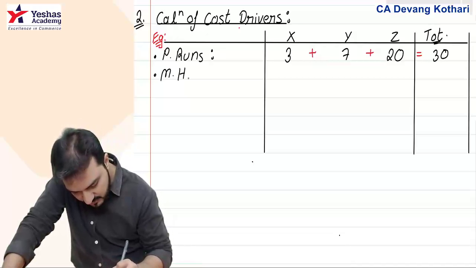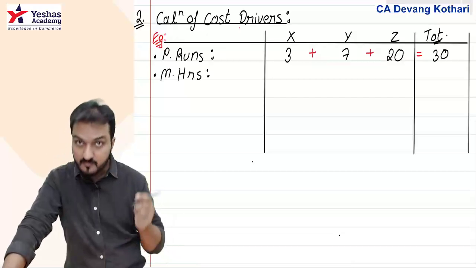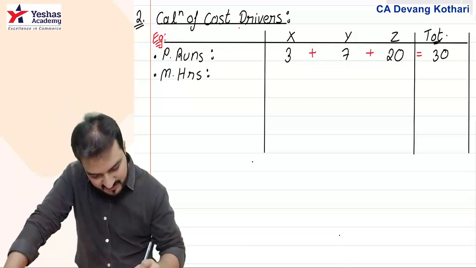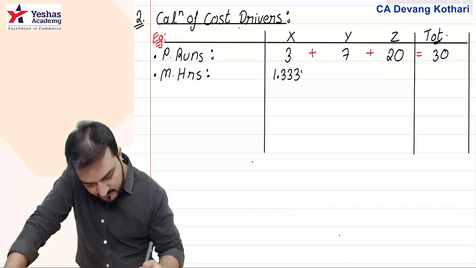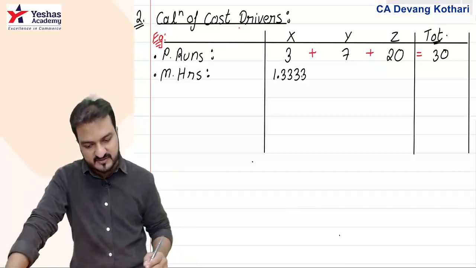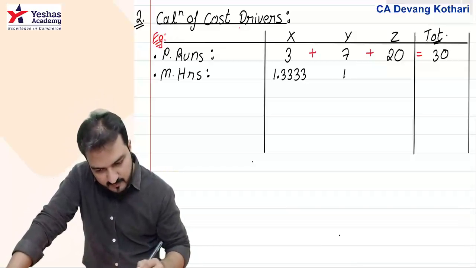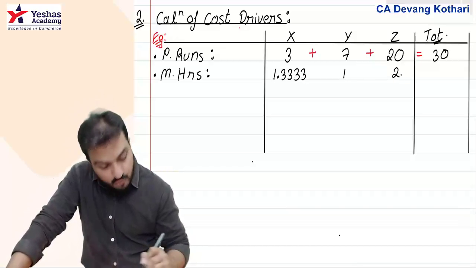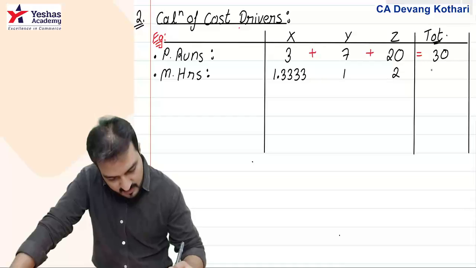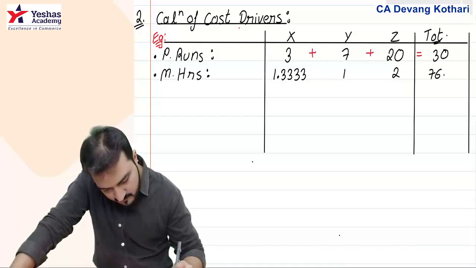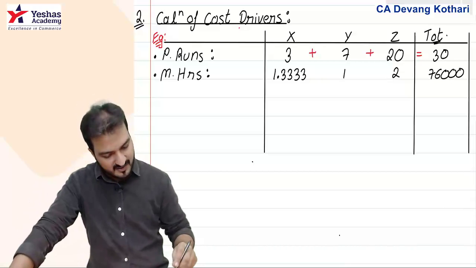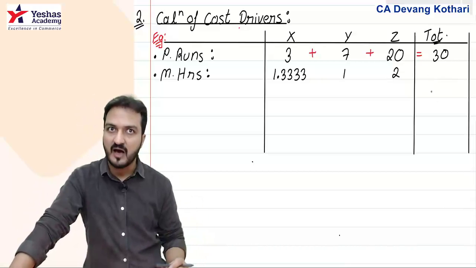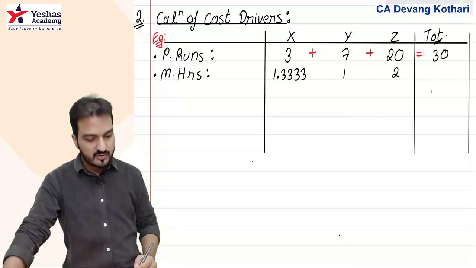in case of machine hours, in the question you are given machine hours like this. 1.3333 is the machine hours for X. Y requires 1 machine hour, Z requires 2 machine hours, and total machine hours is given 76,000. But my argument here is that if the total is missing now,